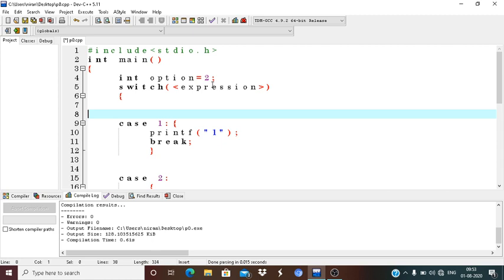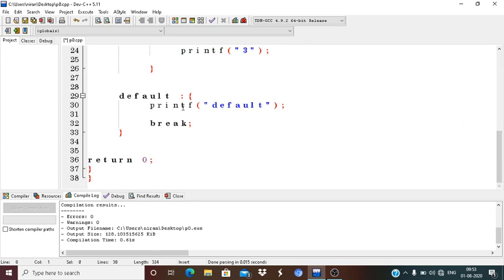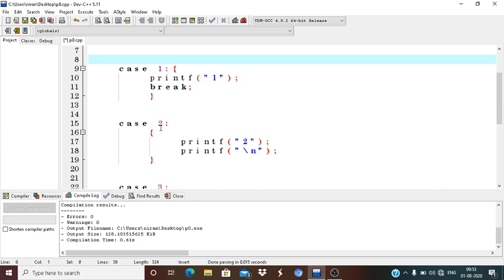If I pass the value 2, it will check which case has the value 2. Here it is case 2. When the given case matches the variable value, that particular case statement block will be executed.